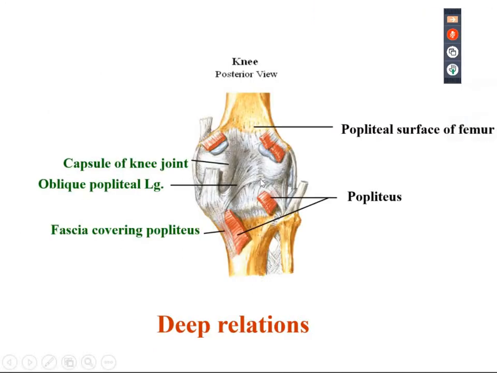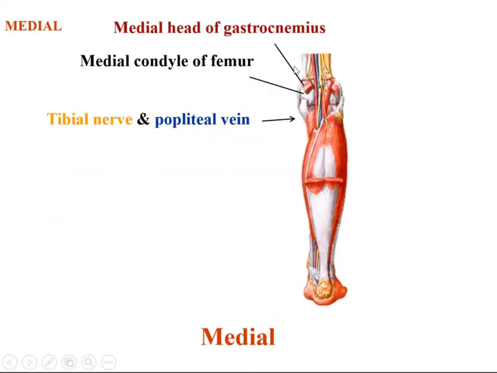Deep relation, more or less the structure which are present in the floor of your popliteal fossa, that is fascia covering the popliteus muscle, then we have the oblique popliteal ligament, we have the capsule of knee joint, then the condyles, ठीक है, as well as your popliteus muscle, ठीक है. ये दिखाई दिया आपको, आपका मीडियल रिलेशंस क्या क्या है, आपका मीडियल कॉन्डाइल, देन टिबियल नर्व, popliteal vein, your